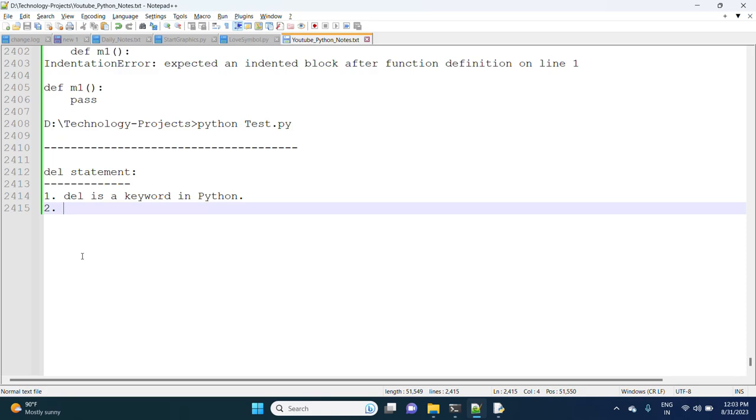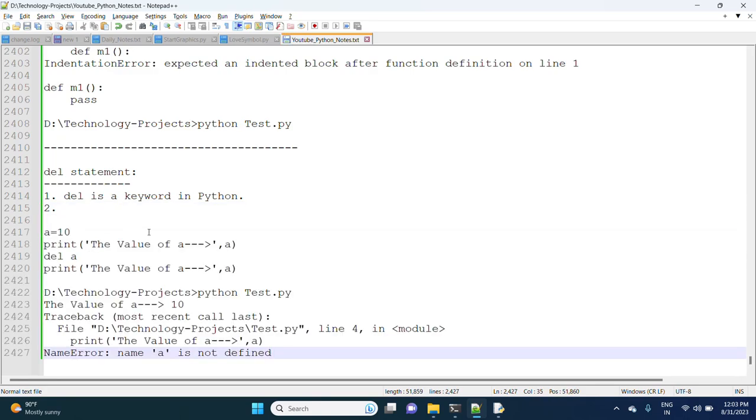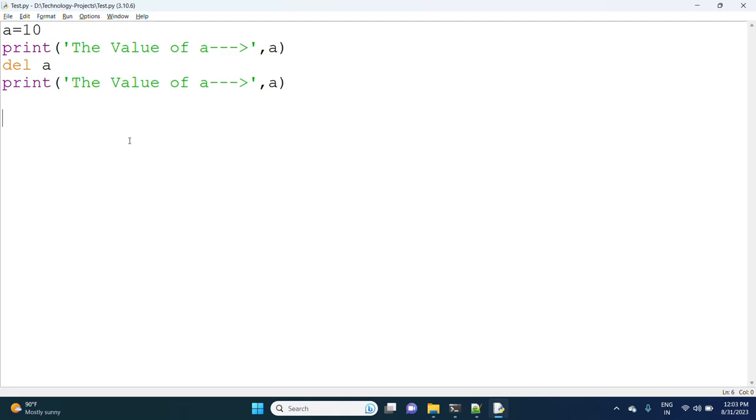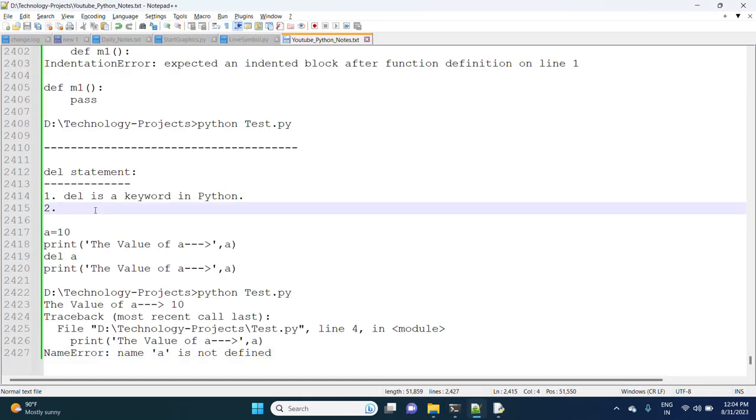Clear, right? So the intention of the del statement is that after using a variable it is highly recommended to delete that variable if it is no longer required in future, so that the corresponding object is eligible for garbage collection. If the garbage collector deletes this object, only then will the performance of the application improve. I will write the same theory now.